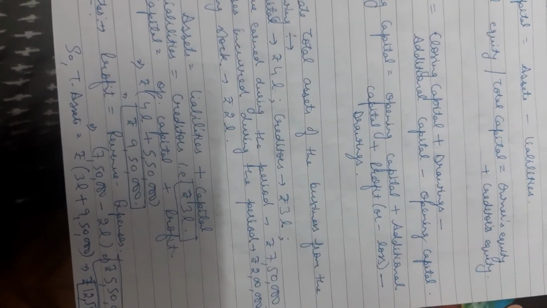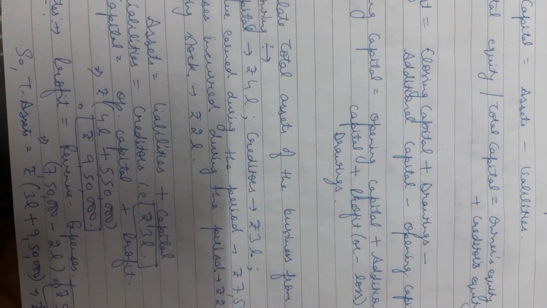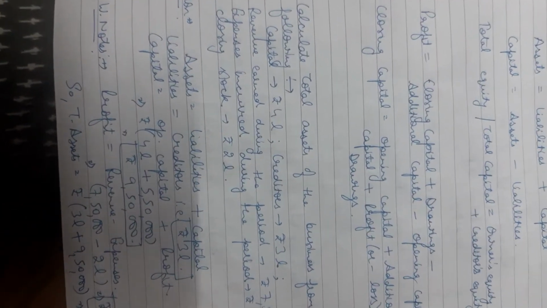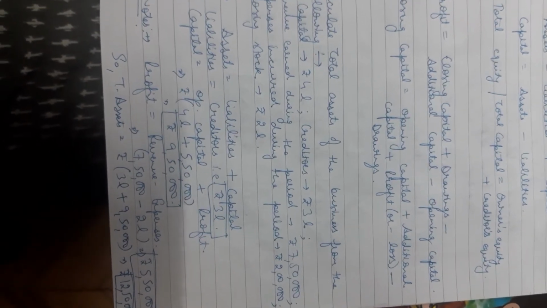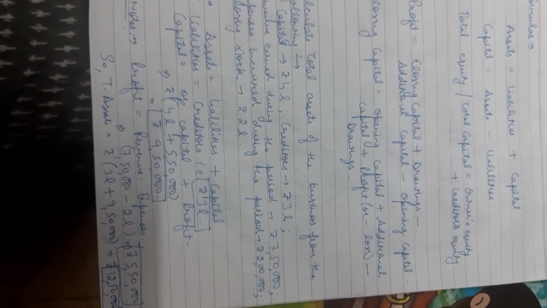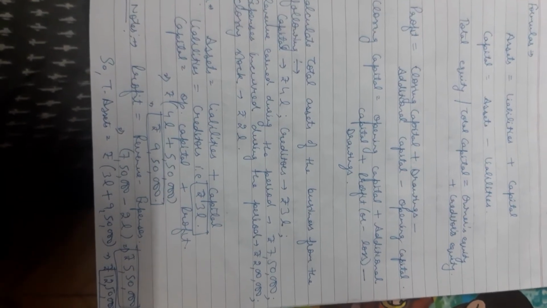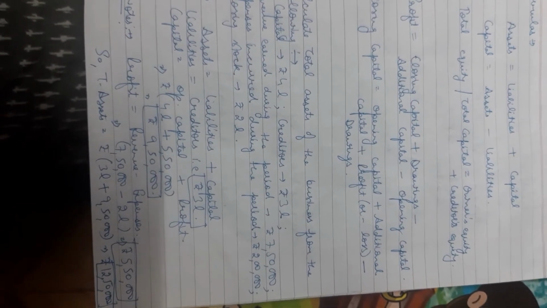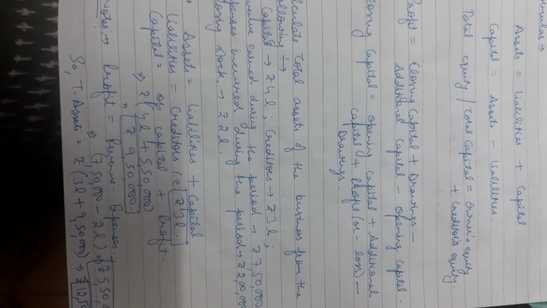Liabilities are rupees 3 lakh, that is creditors. Then capital is opening capital, we have 4 lakh, and we know the profit. The profit will be calculated as revenues minus expenses. Revenues are 7,50,000. We'll deduct expenses of 2 lakh. We'll get the profit of rupees 5,50,000. So the liabilities are 3 lakh and capital is opening capital, which is 4 lakh, add profit, which is 5,50,000, making total capital is equal to